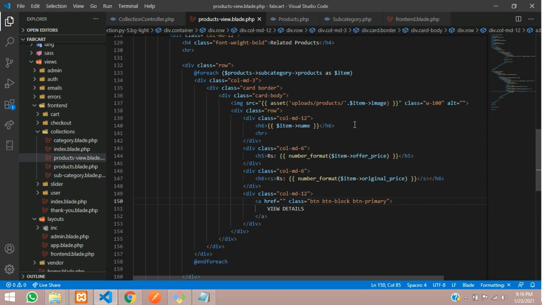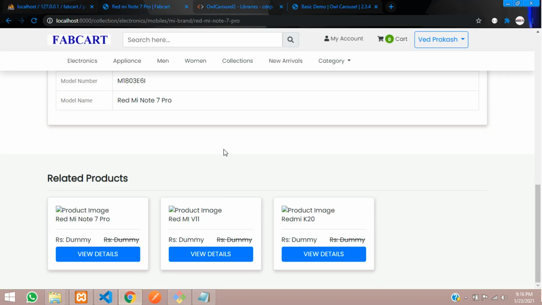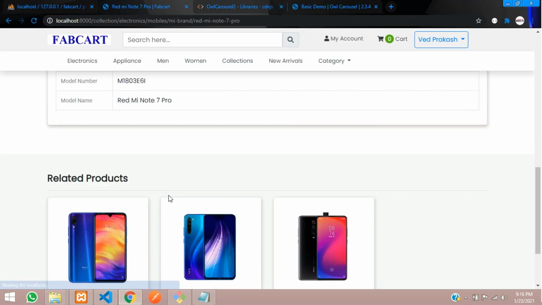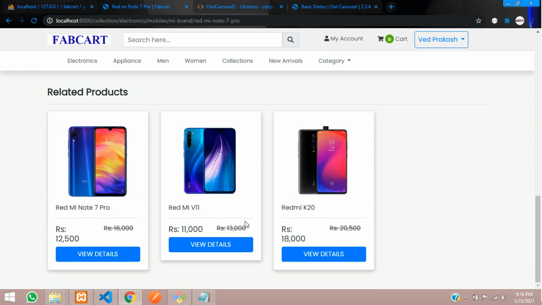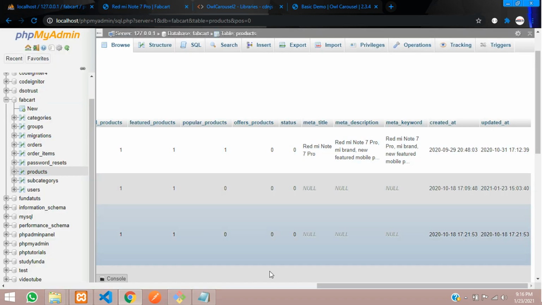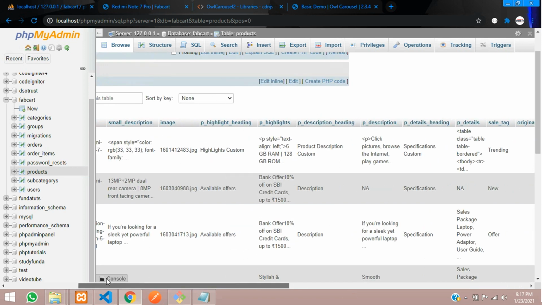So let me just paste that, and okay, so now I have pasted the data, and now guys, these are the basic your original price, dummy price, and now let us just view the output of it. So let's get back over here and refresh the data. You can see its image and all. Cool. So guys, as you can see that, and now we need to just place all the things, like if the data is 0 or not, I mean to tell its status. So let me just show you the status of the product.